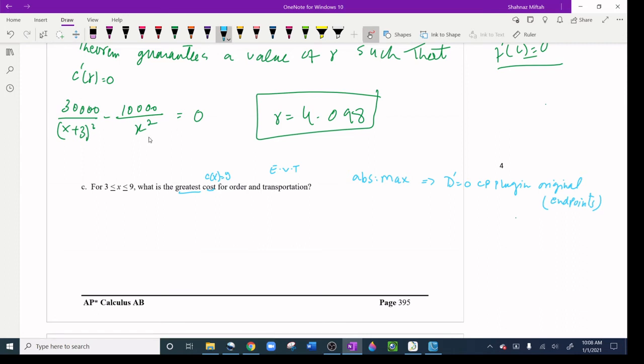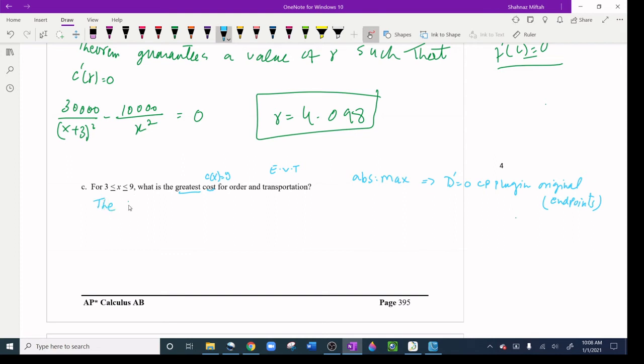I also made it equal 0 and got a critical point when I graphed it, for the point of intersection. That one was 4.098. So my critical point is 4.098,